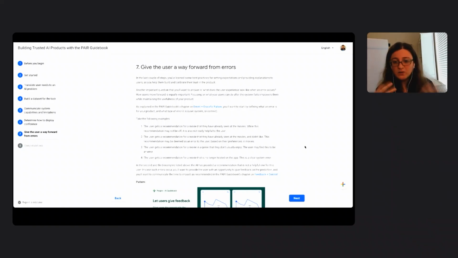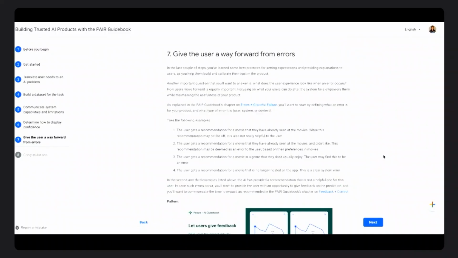So what does the user experience look like? Ideally, you'd want to give the user a way to move forward. Giving them ways to recover after an error really empowers the user